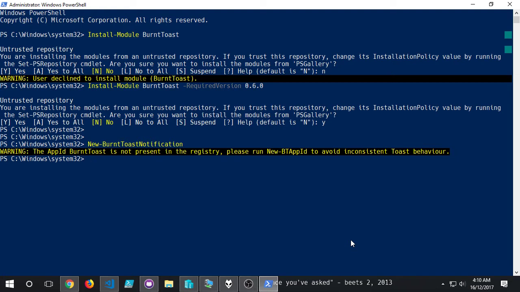So naturally you think, alright, I'll go ahead and register it. Now I don't get the warning, and I also don't get a toast notification. So what's happening there is,